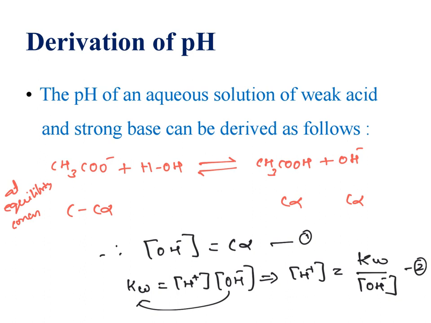So I am substituting equation 1 in 2. The OH minus concentration I am substituting in this expression. So H plus concentration equal to Kw by OH minus concentration, Kw